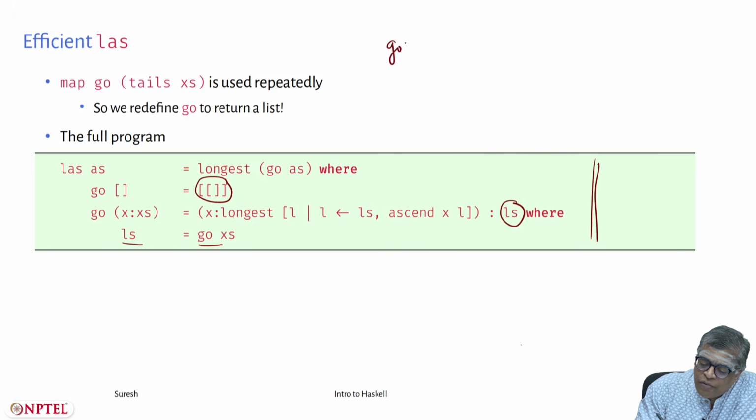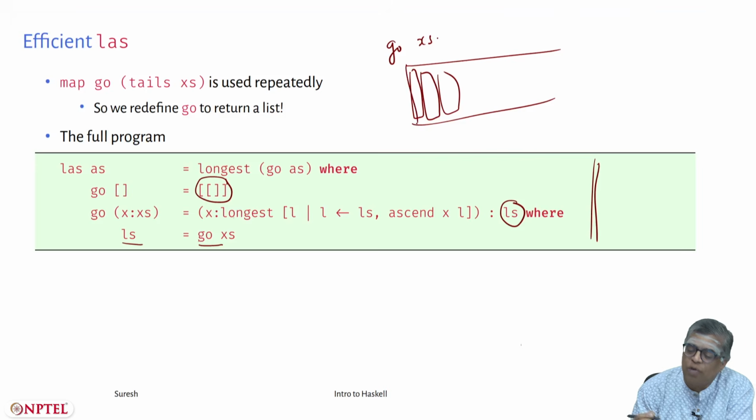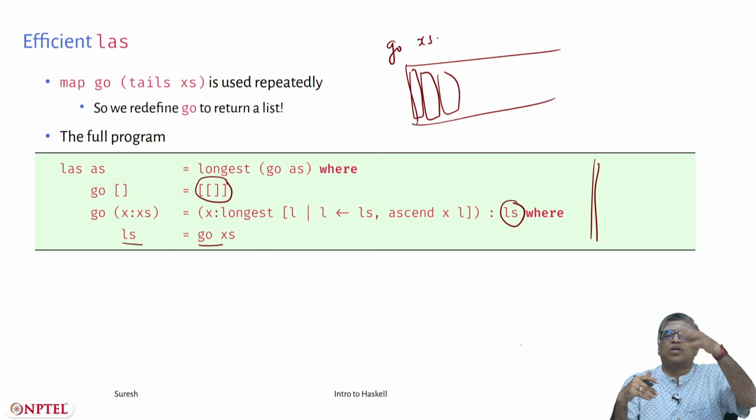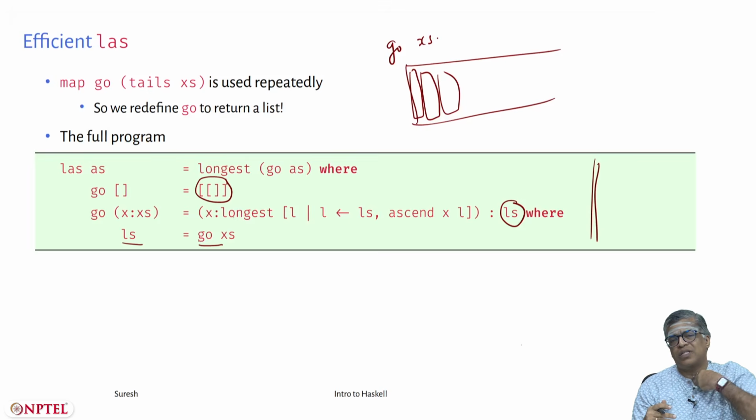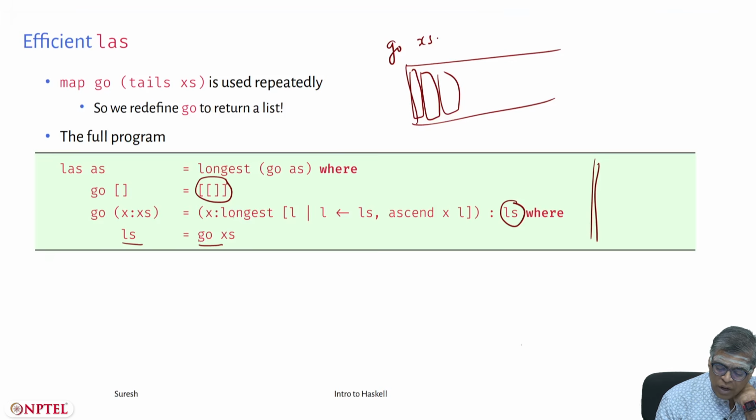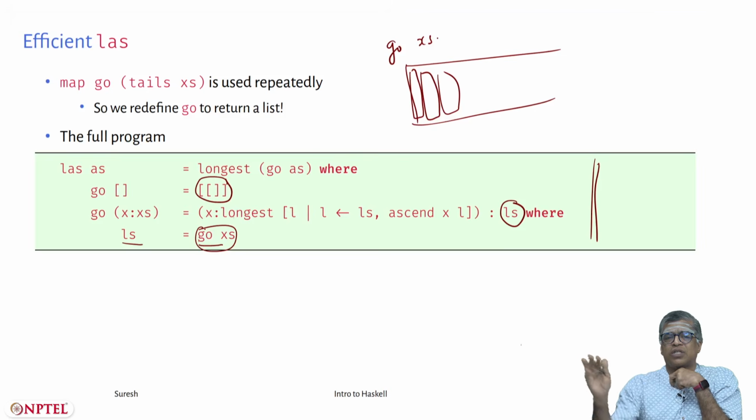So, this Go of x's will give you a list of lots of sequences, one sequence followed by another sequence, followed by another sequence. This is this big list, okay. Go of x's itself is a list of lists. The inner lists are all various ascending sequences starting at that particular index of x's, but this is all you need to do, and doing it this way it's extremely efficient, because Go of x colon x's just makes one call to Go of x's, and that already contains all information that you need. You just need to process that list, okay.